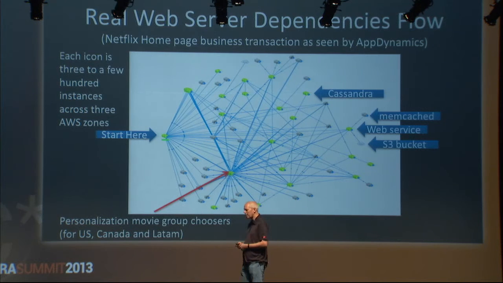This is from a little while ago, but it shows you the complexity of what we call a microservice architecture. By microservice, we mean each server does one thing. It's a single function service. It's not so much that it's small. Most of these have 20 gigabyte heaps, Java apps. They're pretty big, but they're single function, and you replicate them.